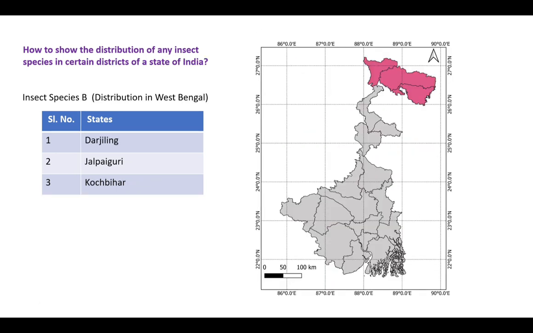Now we'll move to the next example. Let's say there is an insect species, species B, and this time our study is only on a particular state of India, and our study has been confined to certain districts of that particular state. Let's say we have a species B, and we want to show its distribution in the state of West Bengal, and it is distributed in only three districts of West Bengal, that is Darjeeling, Jalpaiguri